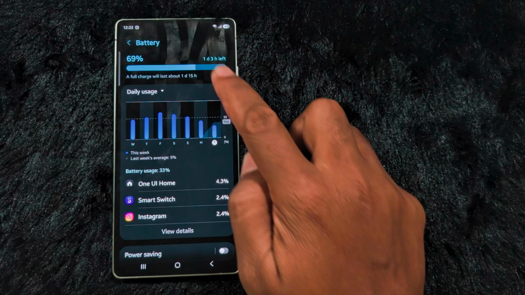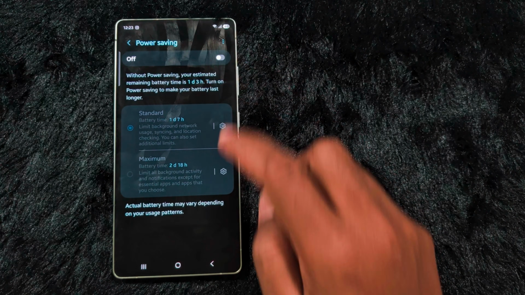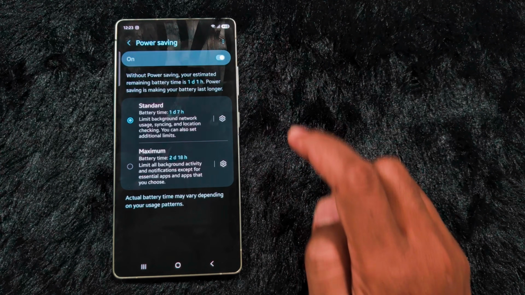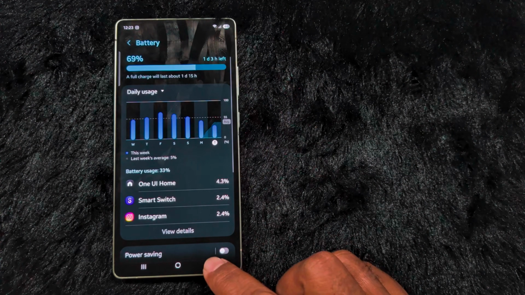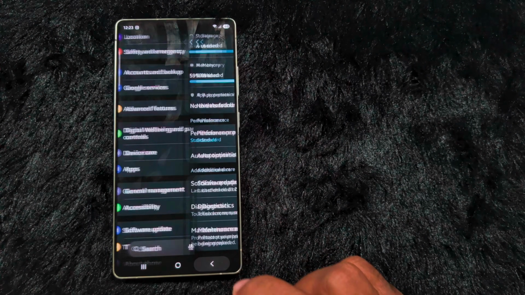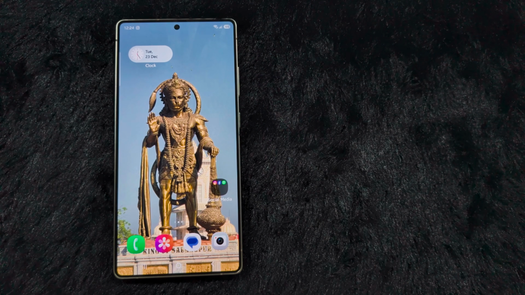Here you can see the data usage and battery left. Also in power saving you can see a new option that will help you improve the battery life of your device. So the battery and device care have changed on your Samsung One UI 8.5 update. So these are all the top changes and top features in the latest Samsung One UI 8.5 update